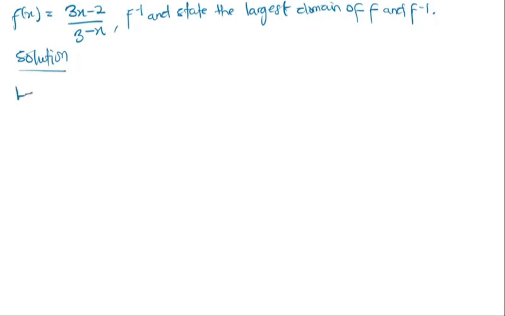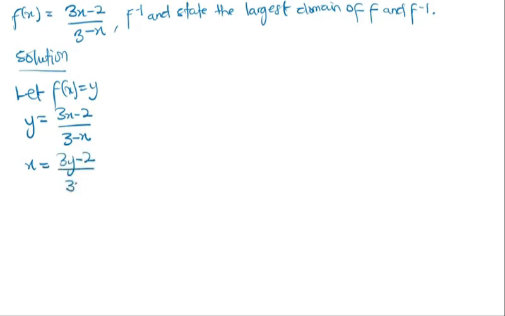So first of all, we say let the function f of x be equal to y. So it means y is equal to 3x minus 2 divided by 3 minus x. We interchange the position of the variable as usual. So we have x is equal to 3y minus 2 divided by 3 minus y. So we cross multiply and we make y the subject again. So we have x into brackets 3 minus y is equal to